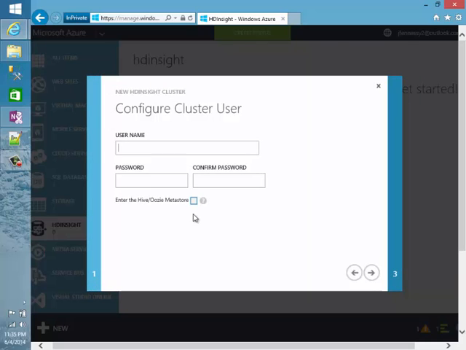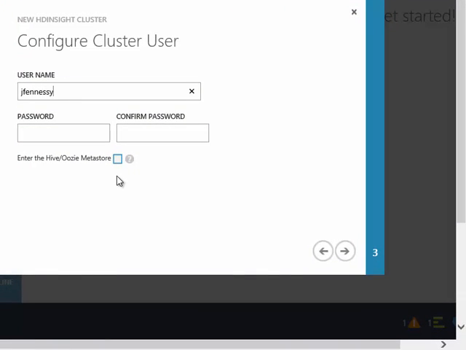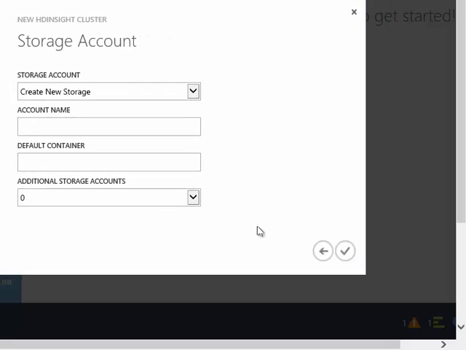On this page, we can configure the username that we want to use to access this cluster. So I'm going to enter my username and specify a password. Just like before, this password needs to be 10 characters and contain a certain number of special characters and other types of characters. Go ahead and click next to the final page, and here's where I specify which storage account